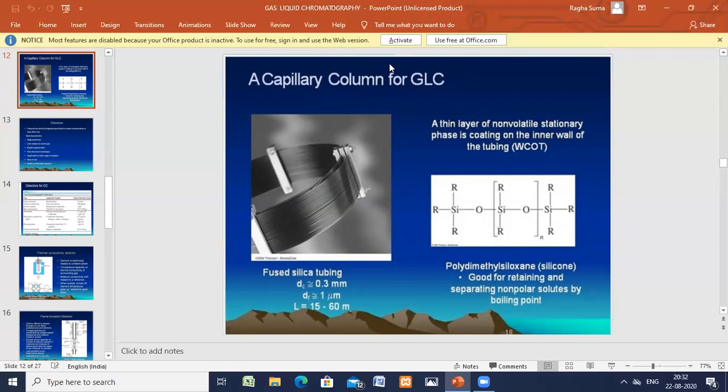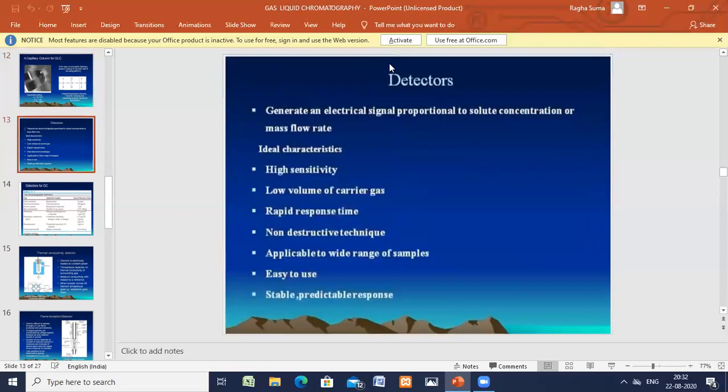According to their polarity, polar liquids are selected, with hydrogen bonding, or the least polar, interacting with van der Waals forces. For all these we prefer different solid supports in the columns. Okay, got it? Sample injection, carrier gas flow rate and the sample injectors we have seen. After that we have seen the columns, packed or capillary, and which type of stationary phase should be there. Now we'll go to the detectors.